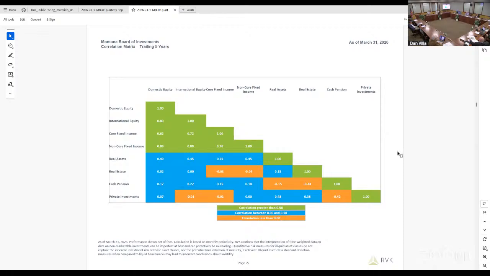Real estate is the rock star here in terms of having a good long-term return track record and expected return track record, and very little correlation to the equity market, almost no correlation to the equity market. And fixed income, which is really interesting because it's your second largest allocation. The only number on here that is suspect is that very low correlation to domestic equity for private investments.